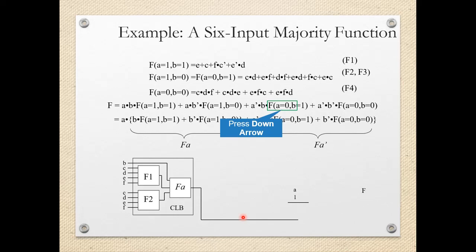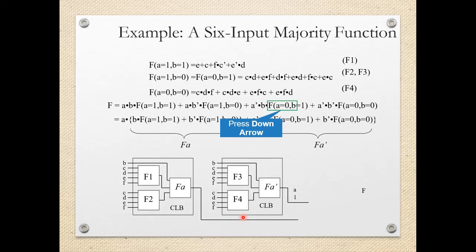So this is the first CLB with the help of which we can have the implementation of 5 variables. Then we have another block where we can have implementation of another 5 variables. The condition is here FA is considered, and the another CLB block is considering FA bar. And then the third block is used in which we can apply the output of first CLB, output of second CLB, and the variables A and 1, and then finally we'll get the output F.